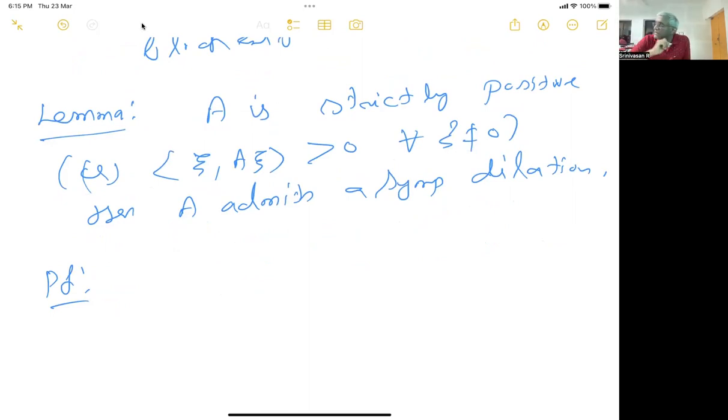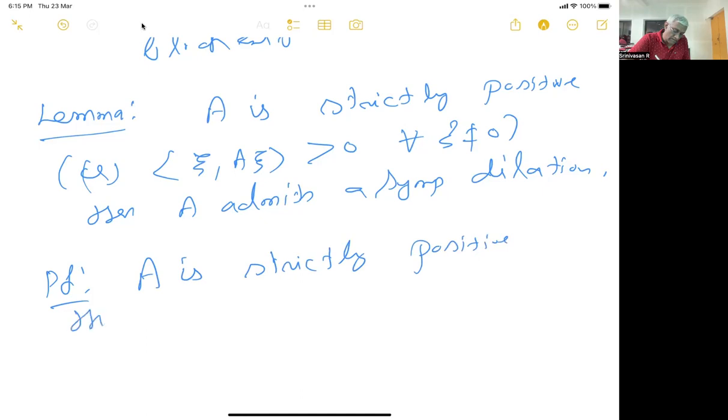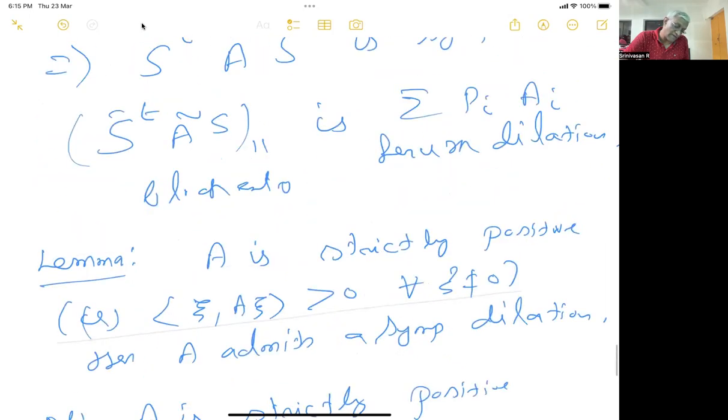So using a symplectic operator, instead of unitaries, we'll get a double diagonal operator. But earlier we got d1 up to dn and then d1 up to dn. Here it will not be like that. d1, d1, d2, d2, you have to write because we have changed the notation. We have changed the whole thing. So A is strictly positive. We have Williamson theorem for strictly positive maps. Then there exists L symplectic in Sp2n such that